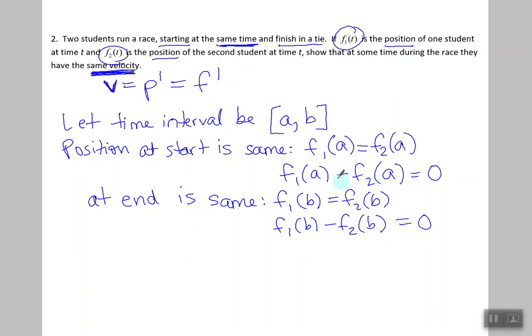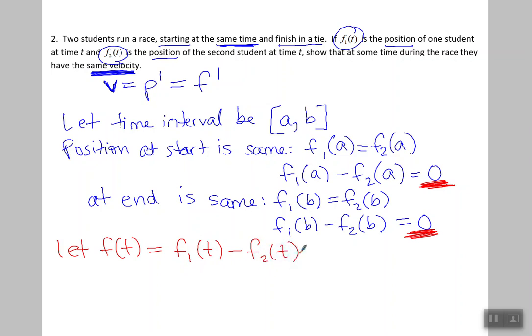Notice that at time a, the difference in position equals 0. At time b, the difference in position equals 0. Let's call f of t the difference between those position functions, f sub 1 of t minus f sub 2 of t. Well, position is continuous and differentiable,